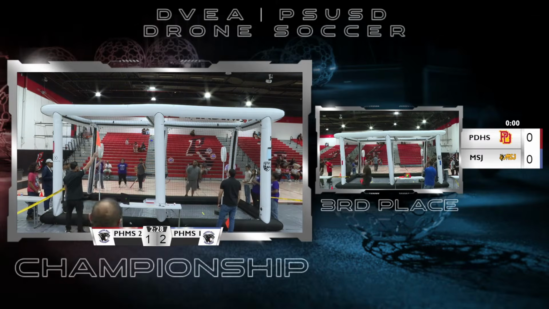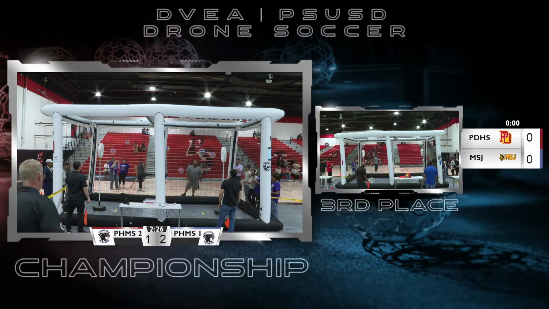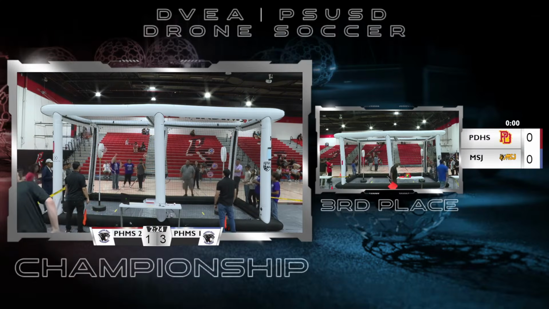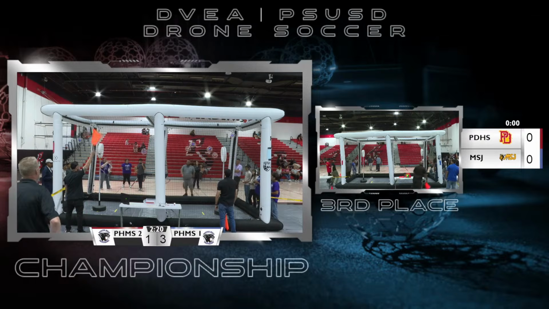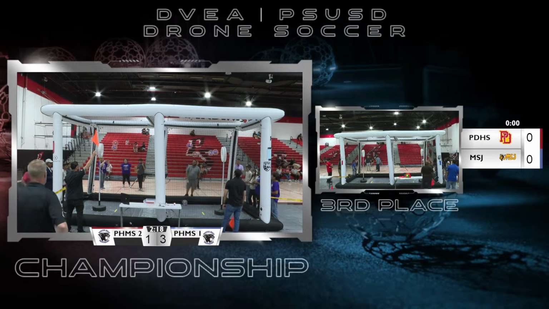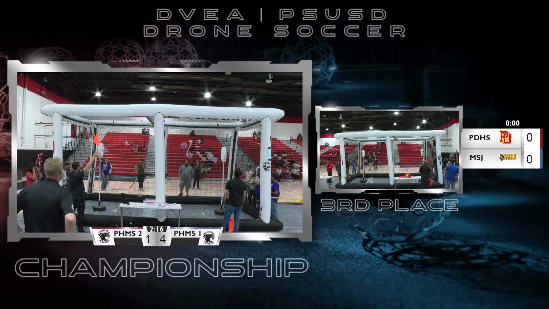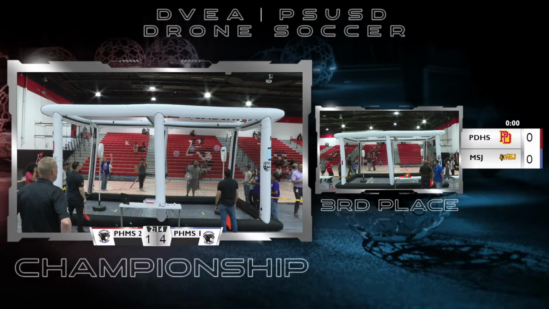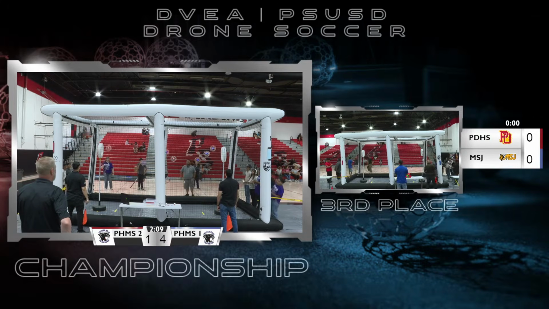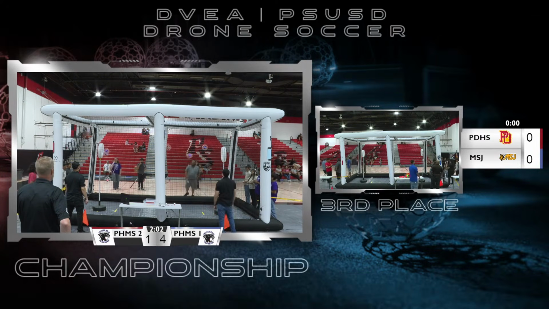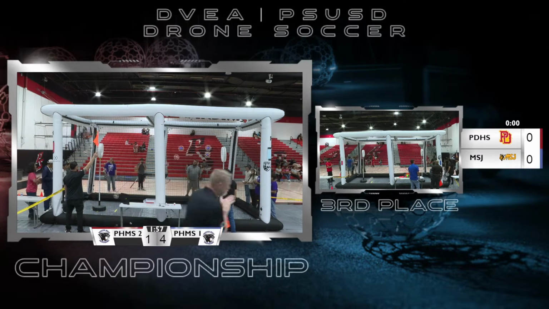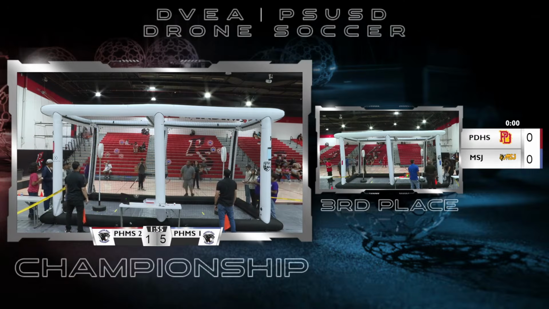The senior squad actually came into the finals bracket in position number 2, so at the bottom of the bracket, whereas our junior squad, or maybe students who are younger, we'll have to look at those exact grade levels, came in. They're 6th graders. All 6th graders came in the top position, so they had a lot of confidence going into this finals bracket and had to compete against some really tough teams. Just did a shootout against Mount San Jacinto to get to the finals. Painted Hills Middle Squad full of 6th grade students.